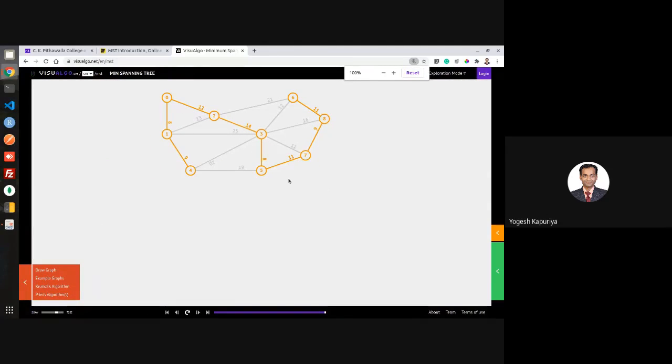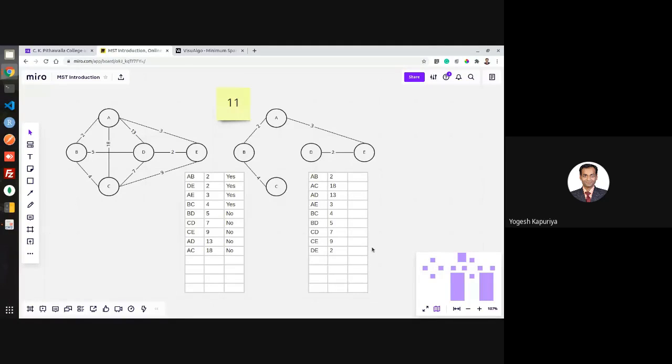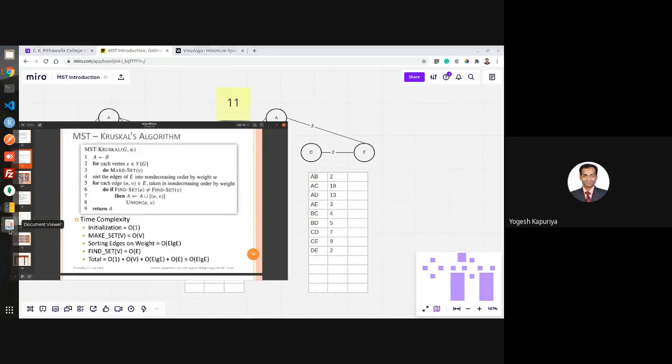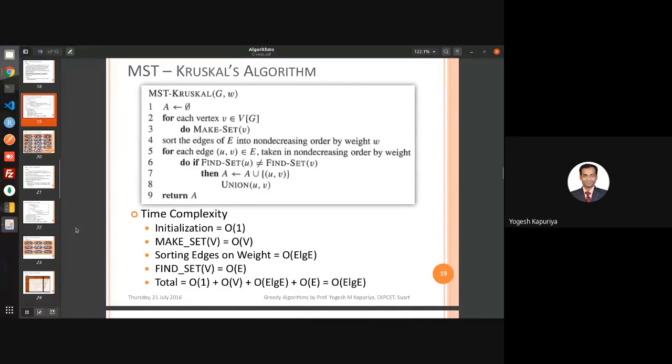So here the point is, the approach is simple. First step, sort, then take the edges in ascending order of their weight, then check endpoints. When you are writing an algorithm, you must answer two things, right? For that, Kruskal is using a set approach to maintain whether two vertices are connected or not. If you see this algorithm, there are two parameters, G and W. G represents the graph, W represents the weight of each edge.